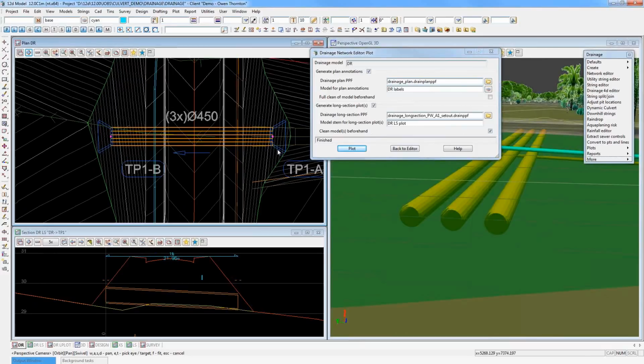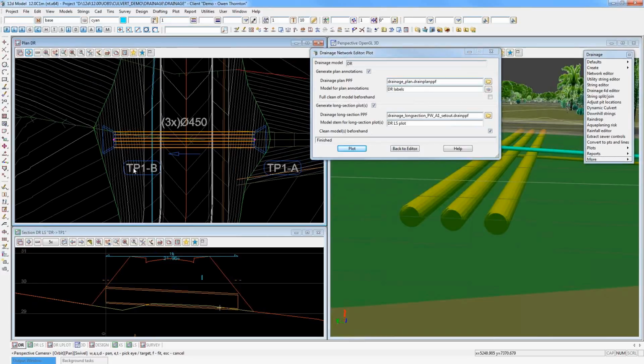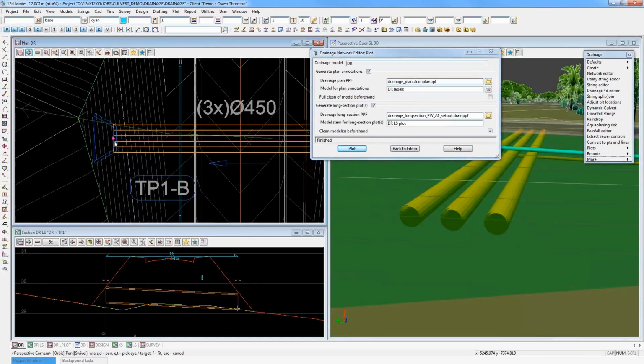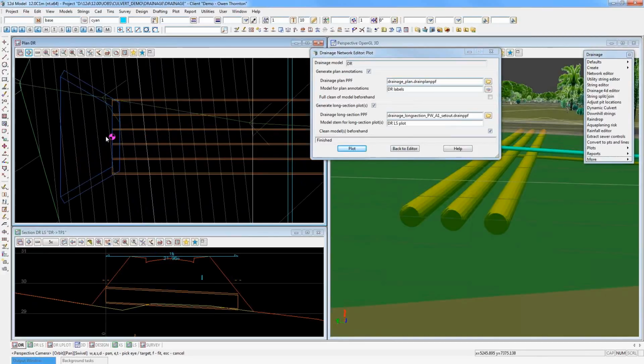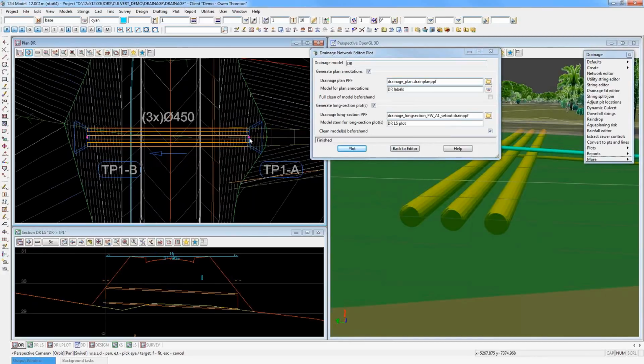It gives me a flow arrow. It gives me the two symbols representing the head walls there, and it's labeling in bubbles the upstream and downstream head wall names. It's also, in the little magenta symbol there, the actual set out point of the culvert. Okay, so that's done a fair amount of work for us, but we can take it a little bit further,